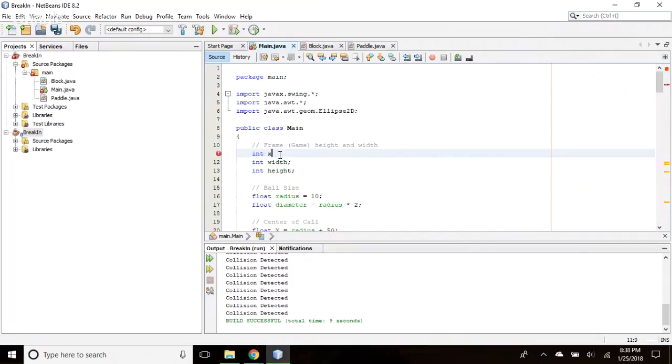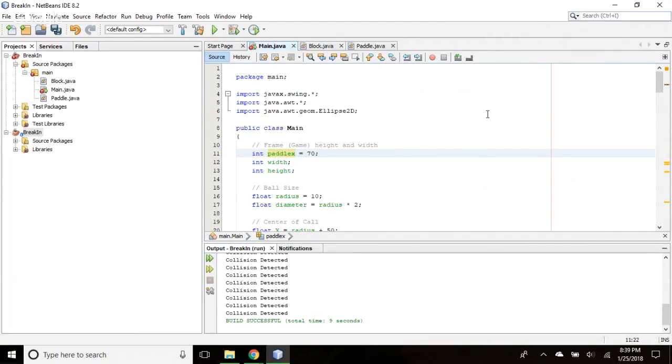Okay, so paddle small p, paddle X, and then equal, and then let's do the initial location. What do we have? 70 or whatever. Yeah, 70 is good.